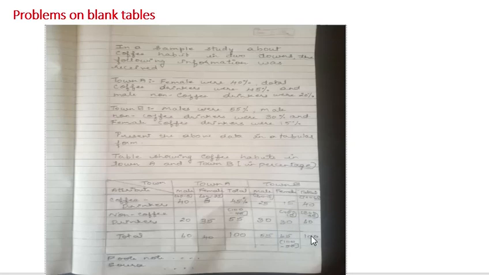So this is how you have to fill the information for the two tables, town A and B. At the end you have to show the footnote and source note. I'll be sending you one problem, the question. You have to solve the problem, I mean you have to present that information in the table. If you have any doubts or any clarification, you can put up a message over there. I will clarify your doubts. Thank you.